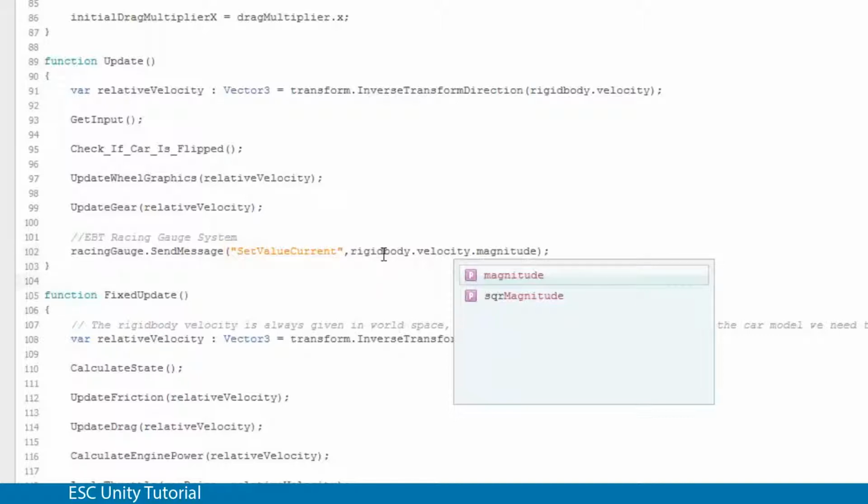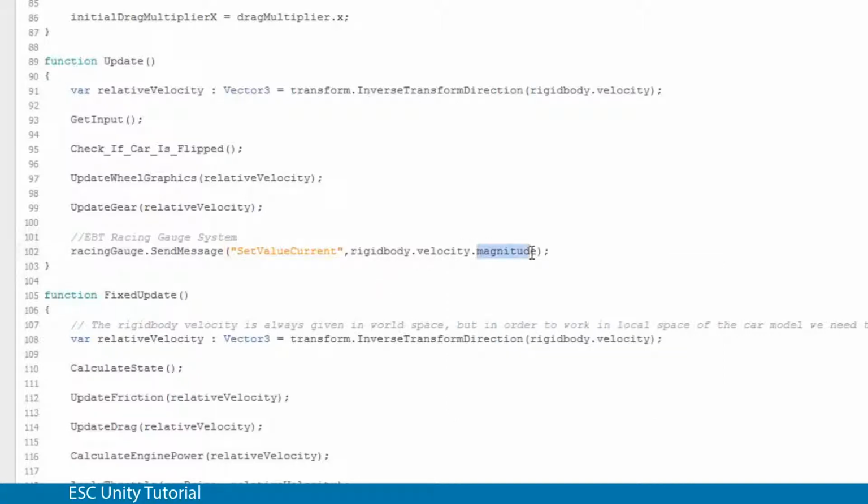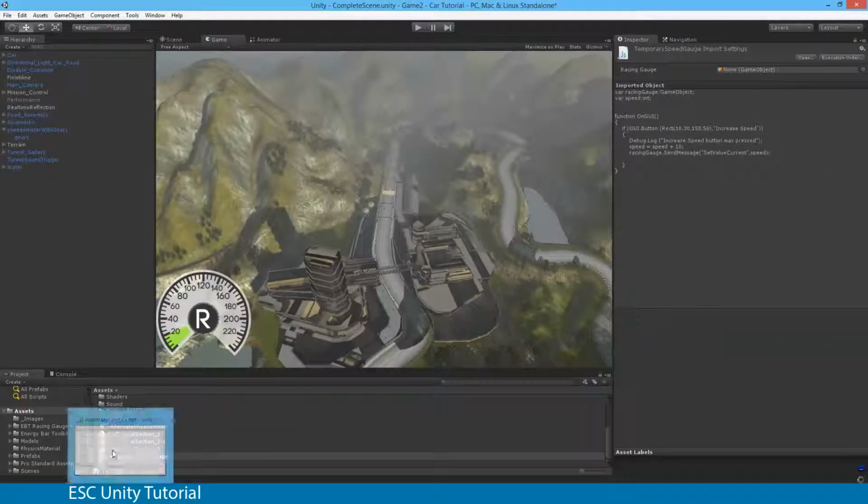And what this is going to tell us is that magnitude means the size. Velocity is like speed, and velocity is what is known as a vector, which means it has speed and direction. We only want to know its size, not its direction. And the final thing is rigidbody is the physics involved with this game. So I'm going to save that one, press Ctrl S, and go back to Unity, and you'll see that when I hit play,